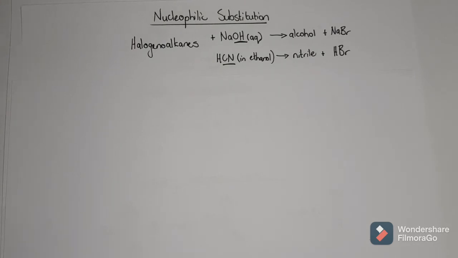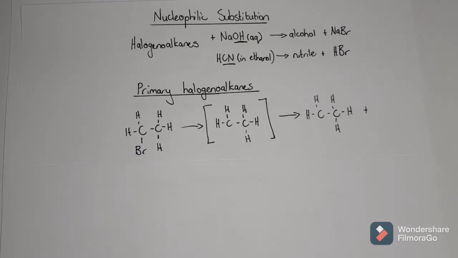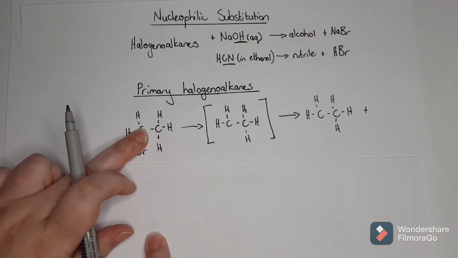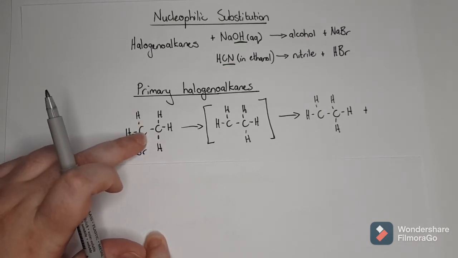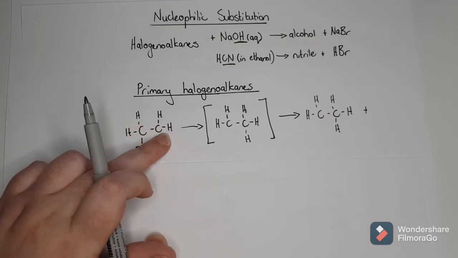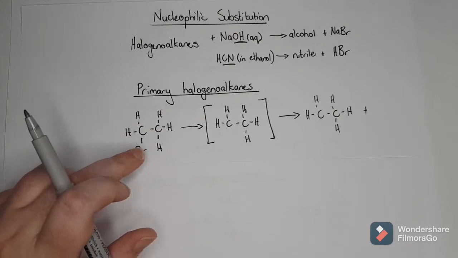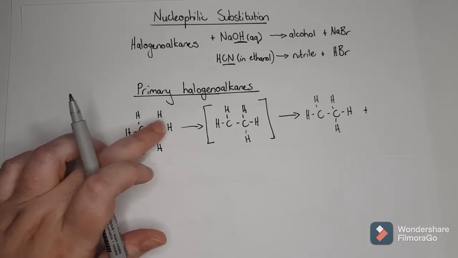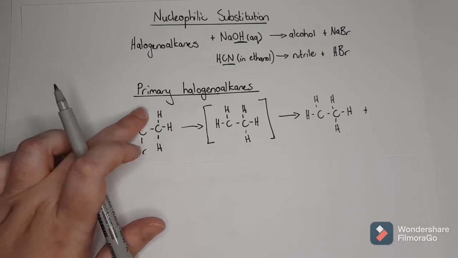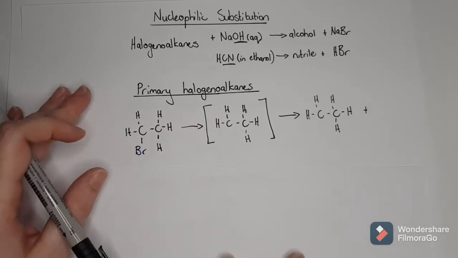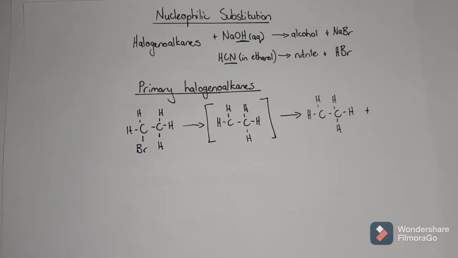Now, because we're dealing with halogen alkanes, they could be primary, secondary, or tertiary, meaning if it's primary, where the halogen is, that carbon that it's attached to is attached to only one other carbon group and hydrogens. If it's secondary, the halogen carbon will be bonded to 2 other carbons, and then tertiary is 3 other carbons. So they have different mechanisms depending on whether it's primary, secondary, or tertiary. And the only ones we need to know are the primary and the tertiary. So, starting with the primary,